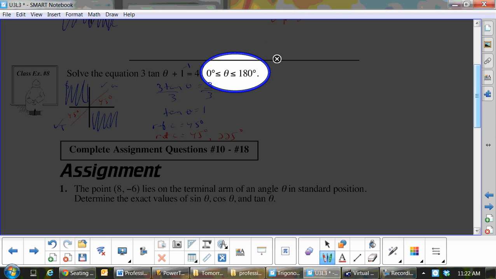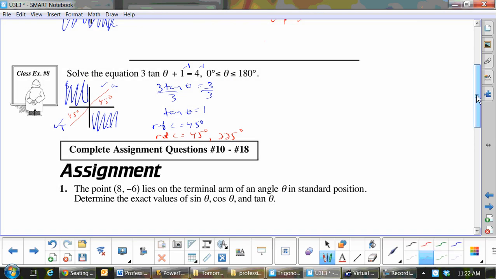It says you're not allowed to play in the bottom quadrants. So that gets students, you've got to watch that domain. If you look at all the rest, they're all 0, 360, 0, 360. So because of this,